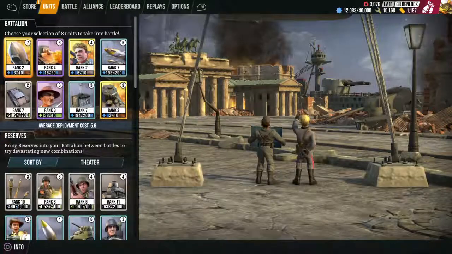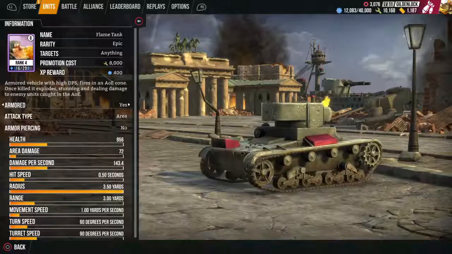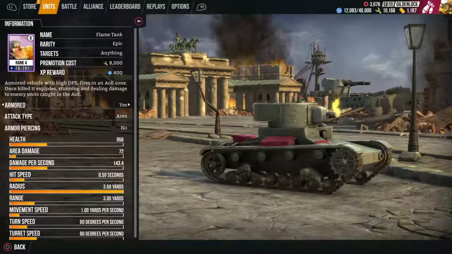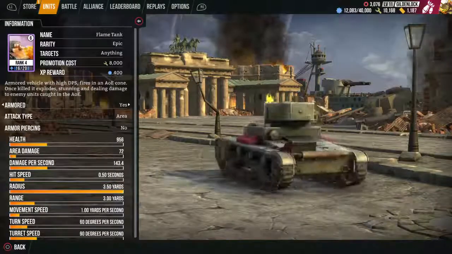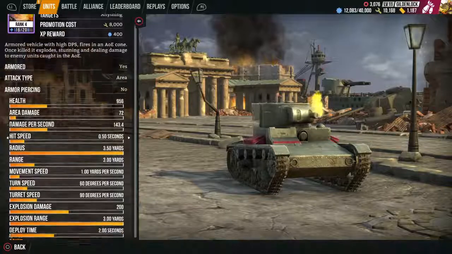So we will be moving on. This is the flame tank. This is unique in that this unit's texture got a rework quite a few months into the development of the game. It's quite a cool looking tank, but fortunately it's got a little bit of a difficulty finding a place in